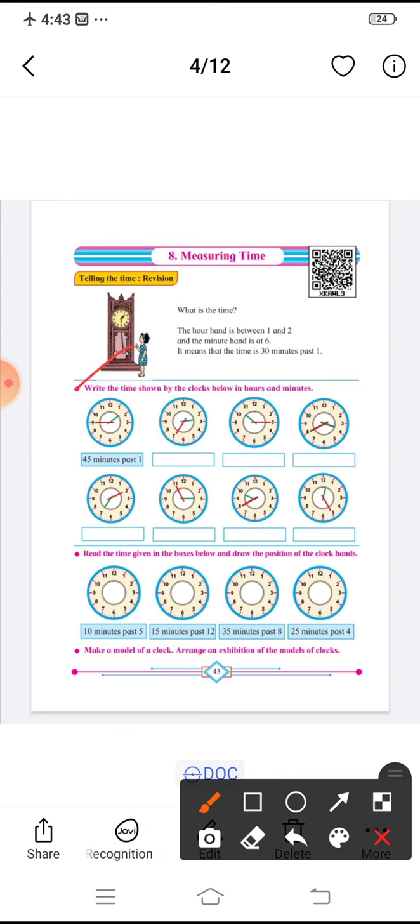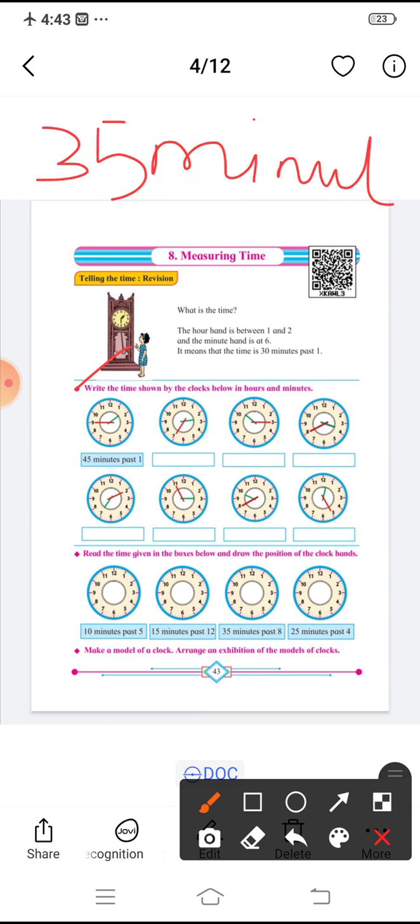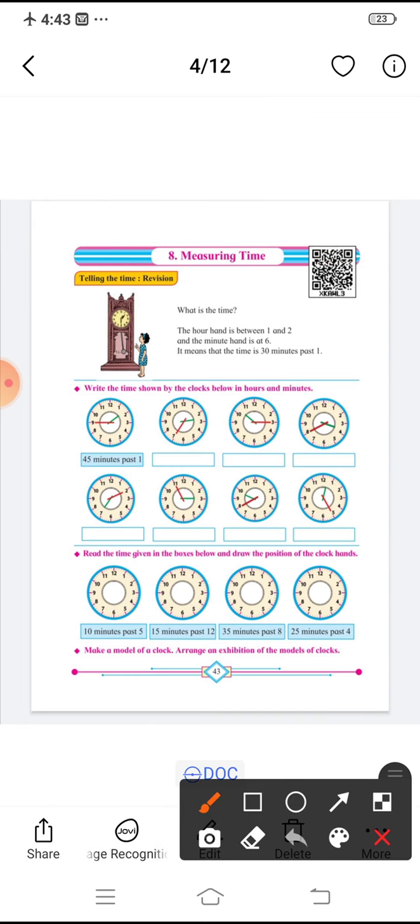Correct? So what is the time now? It is on 7, so 5 7s are 35. That means 35 minutes past 2. You should not write 3, as it is going to come on 3, but it is not there yet. Now we have to say the time of 2 only. Okay. Now see the next one.